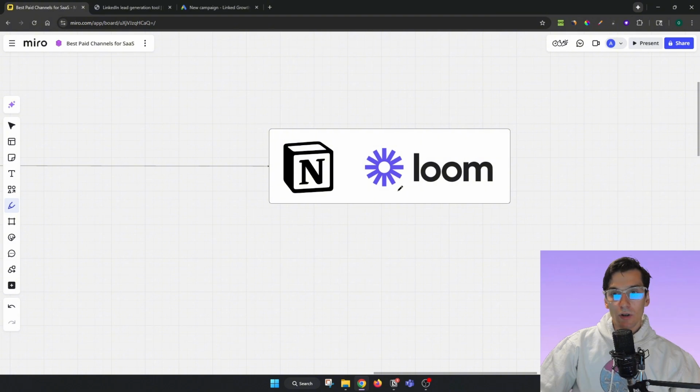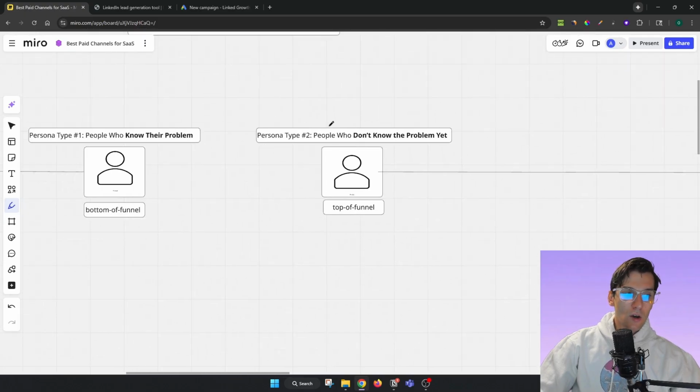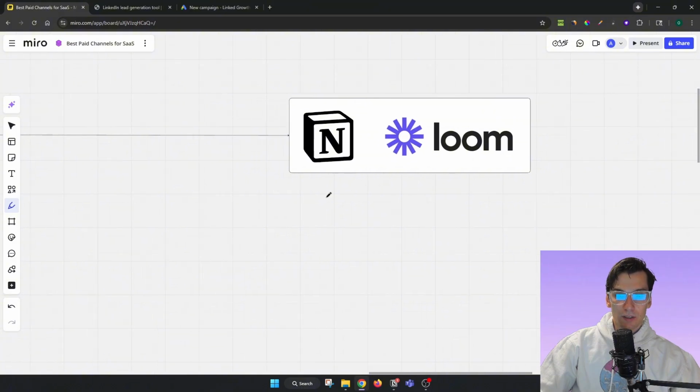Now it takes about 20 seconds to 2 minutes to record a video and just send it to them. So these guys, they created the problems first. They identified the problems and then came to the market. And it's okay if you have that too. I'm not saying which one is better, top of the funnel, bottom of the funnel type of product. They both can be very successful.